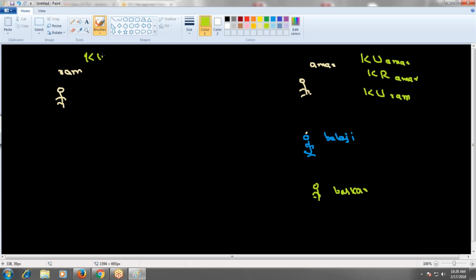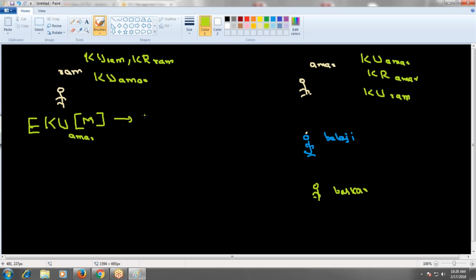Similarly, Ram has his own public key and private key, KR of Ram. Also, he knows the public key of Amar. So he is generating the data. Let me call it the original message, M. Ram will encrypt the message with the public key of Amar, and the message will be converted into a ciphertext. Then this message will be transmitted in the medium, and at the receiver side, the ciphertext will be applied to